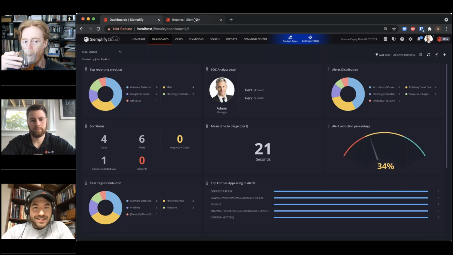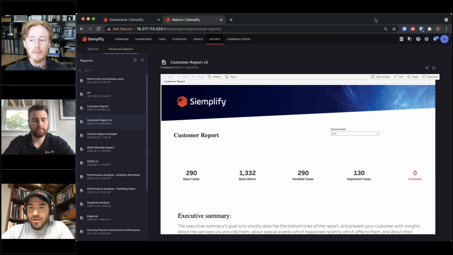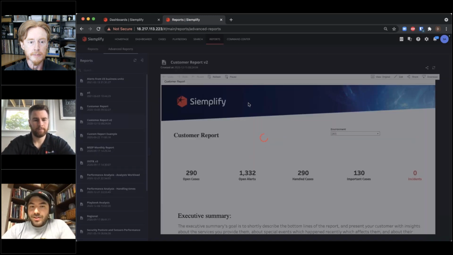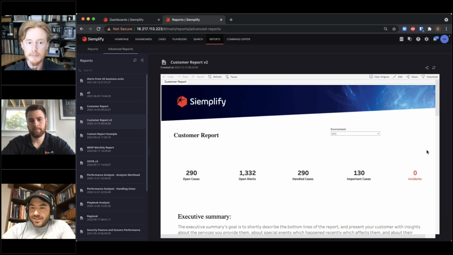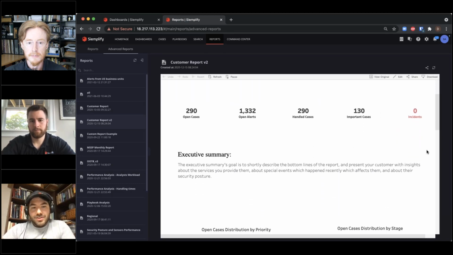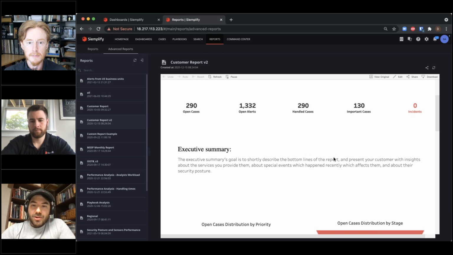And also when we get into our reporting, our advanced reporting, this is where we can start to utilize the power of Tableau, which is something that we've OEM'd into our products, so that you can take anything that you're seeing within those cases, anything that you're seeing within the playbooks and that we're gathering data on, and we can turn that into a powerful interactive report that you can then come in here, click on a report, open that up, have it load, and then start to interact with it, all while utilizing the power of Tableau.